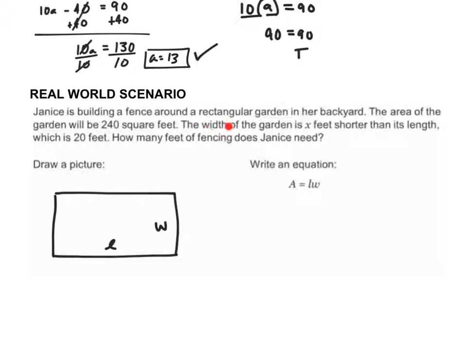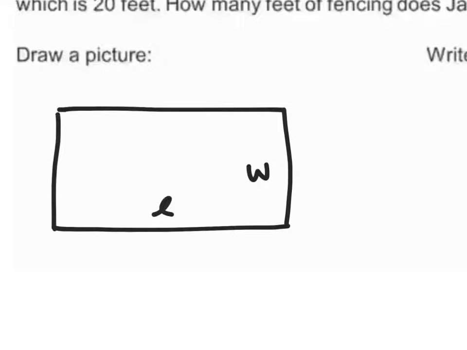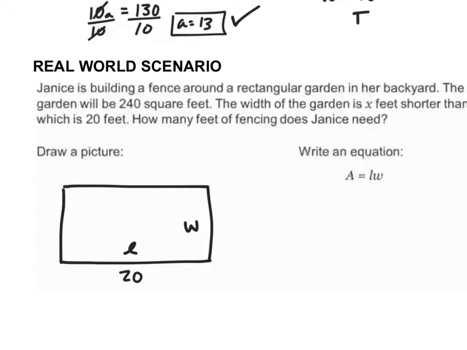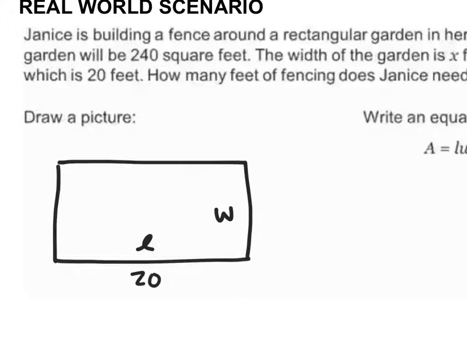I know that the width of the garden is X feet shorter than its length, which is 20 feet. So when I'm reading this, I want to say, all right, the length is 20 feet. That's what I can gather from that information. So I'm going to put 20 feet here, and I know that my width is X feet shorter than my length. So what I'm going to do is call this then that